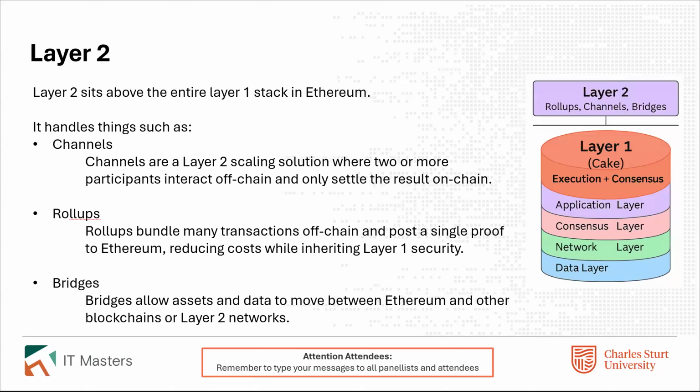So rollups are very similar to what we've talked about in the previous examples, where we're going to hash potentially off chain data, an image or something like that, and place it in the blockchain. And in this case, a rollup is actually a mechanism that's built into Ethereum. Bridges, we're going to talk about this as well this week. It allows assets and layers to move between Ethereum and other blockchains or other layer two networks. And I know a lot of people were like, well, doesn't that break the hash and all that? But we're going to go into that and have a look how that all works.